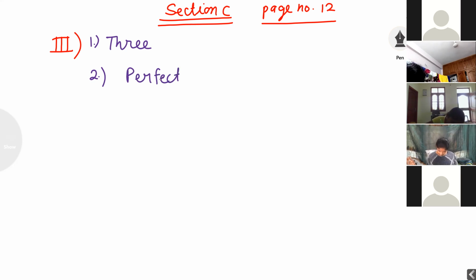Next, third. Ones digit of the cube of 53. If I want to take the cube of 53, what is the ones place? 3 3s are 9, 9 3s are 27. Ones place is coming 7. Answer is 7. Again, I am repeating, students, don't write small letters in the box. Use capital letters only. Fourth,